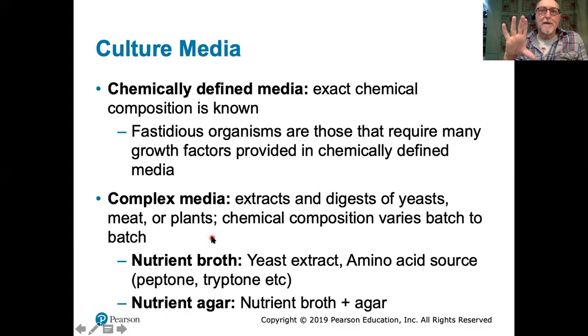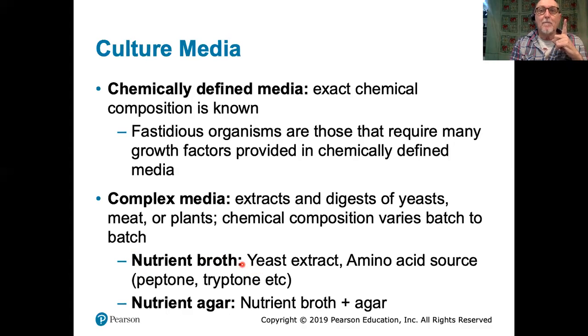If I just take water and I dissolve yeast extract and then peptone or tryptone in it, it's a very good growth medium for many, many bacteria. And that I would refer to as a nutrient broth. And broth is a soup, and that's literally what it is. It's a nutrient soup for the bacteria to grow in. Nutrient broths are frequently used. You would, in lab, often use them for general growth. And they're very, very good. You can grow bacteria rapidly in them. Most bacteria grow very easily,